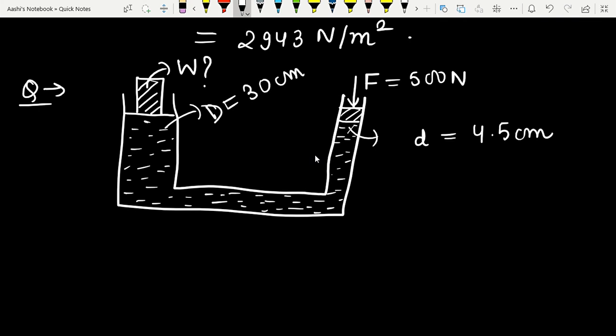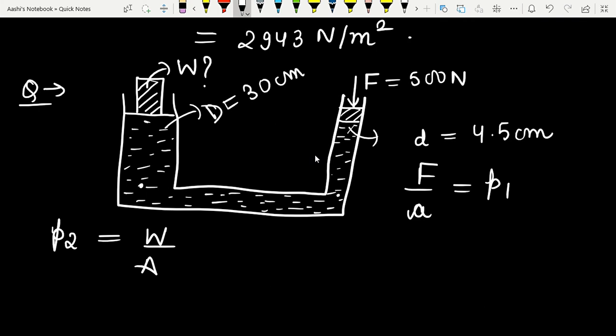Now, if you look at the pressure intensity here, it will be F by small a, pressure intensity P1. And the same intensity of pressure will be here, P2. So P2 is nothing but W by capital A. And both the pressures I can equate because pressure intensity is the same in all directions. If you look at this particular point and that particular point, pressure intensity will be the same. Fluid is the same, it is a horizontal plane, level is also the same. So P1 is nothing but F, which is 500 Newton,